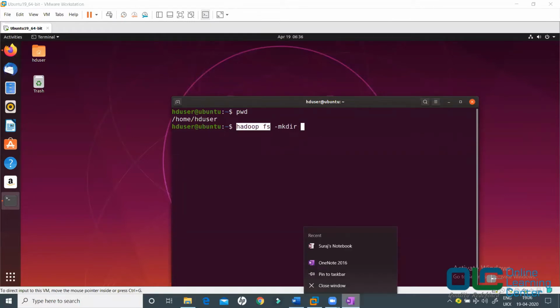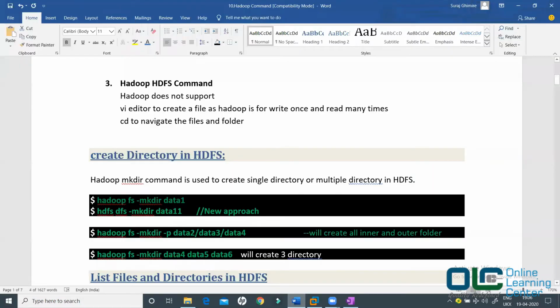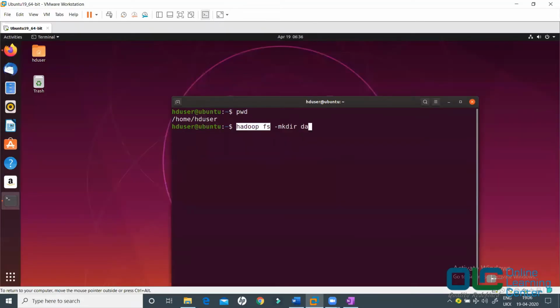I want to create a directory called data1. Enter. It has not given me any error, which means possibly it has created a directory for me.